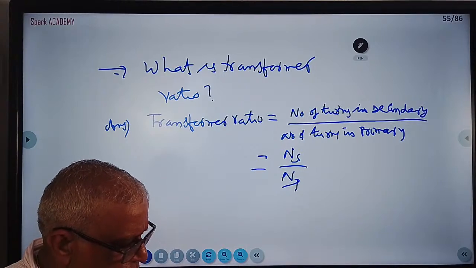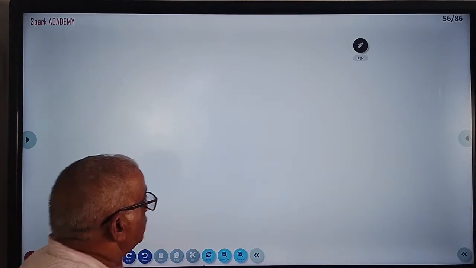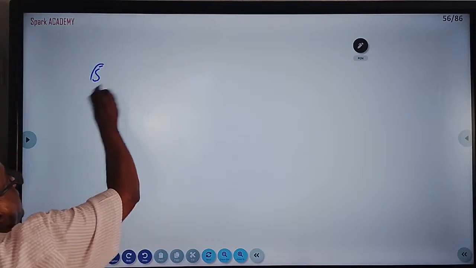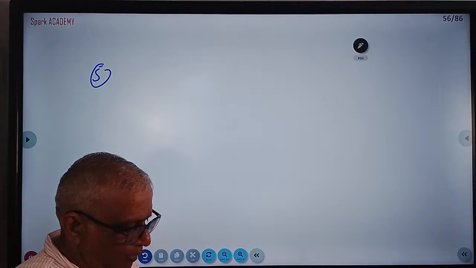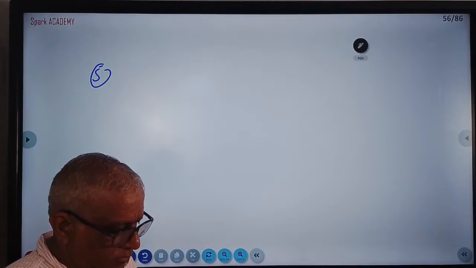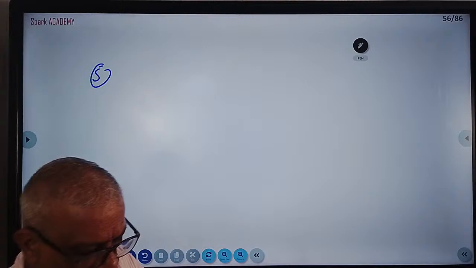Transformation ratio. Now I am doing one more problem. Afterwards you will ask your problem. One more problem in AC I am doing. A power